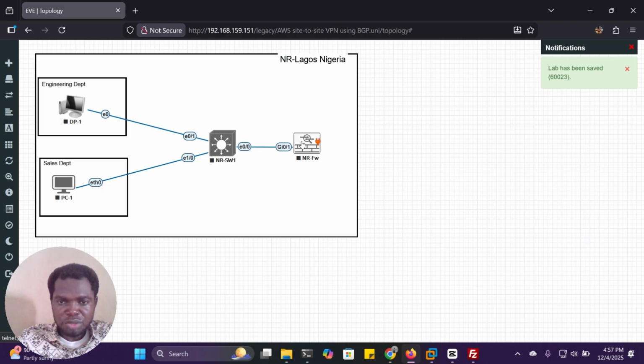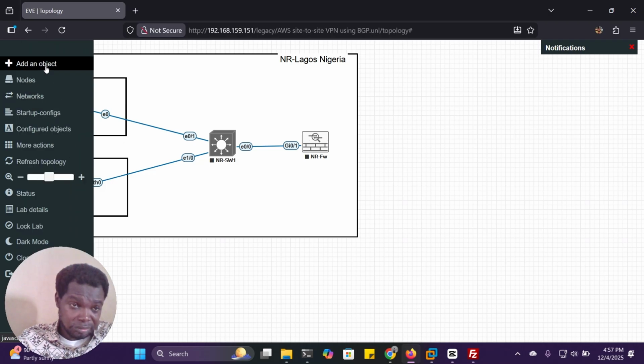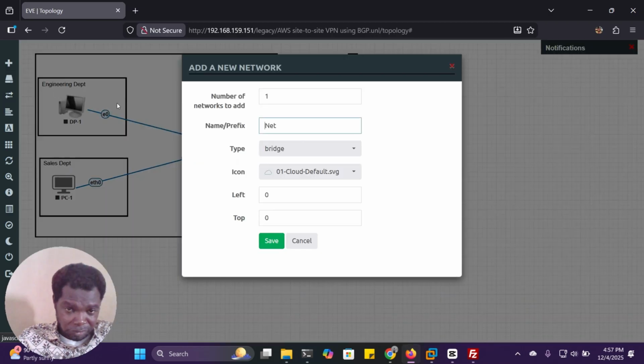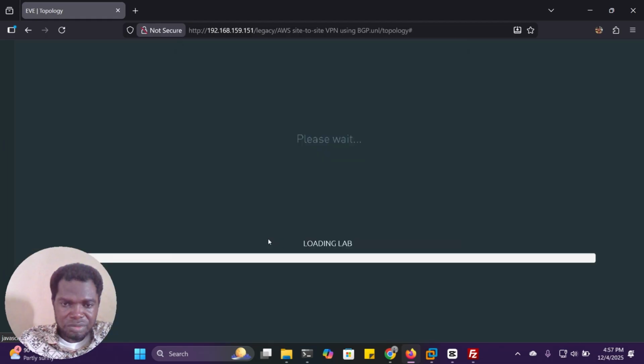So I need to bring in our, since you are based in Nigeria, we are using MTN 5G to browse.